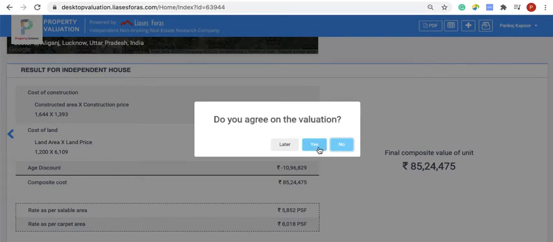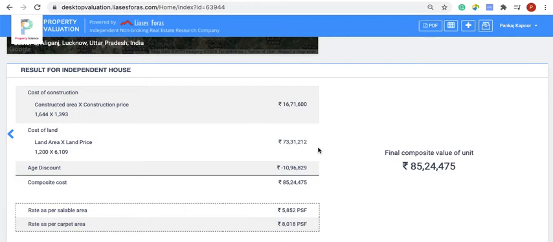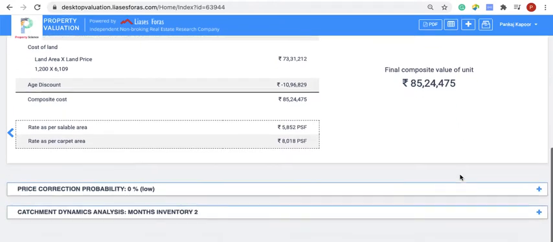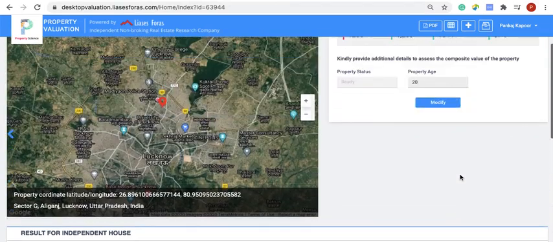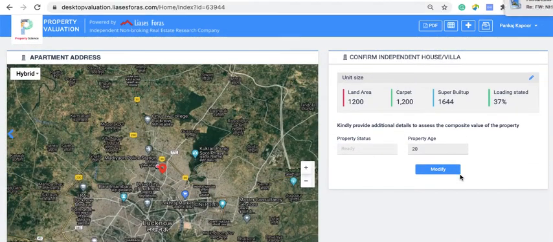for desktop valuation which Lysis is offering. Not many people have been able to attempt it in this manner, and it's a very complex thing. We have tried to reach accuracies, and this is a house which we did, which I am trying to sell right now. This is my own house, and I would be very happy to say that the arrived value is absolutely the same as the transaction price going on in this market, and this is the price I'm trying to sell the property at, and there is already a buyer. So it has given very very good results.